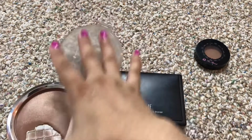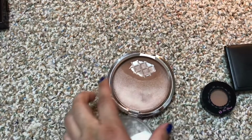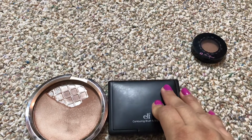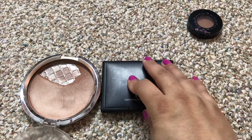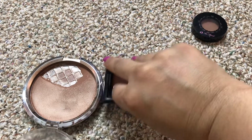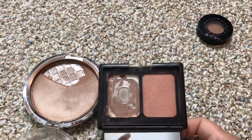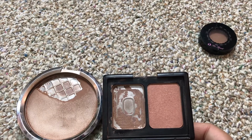So I've been using this kind of chipping at this bronzer right here along with my Pan That palette shadow from the Urban Decay Naked 2 palette in Tease. So I've been combining this shade and the Tease shadow, and that's what it's looking like right now, but I did finish the original bronzer